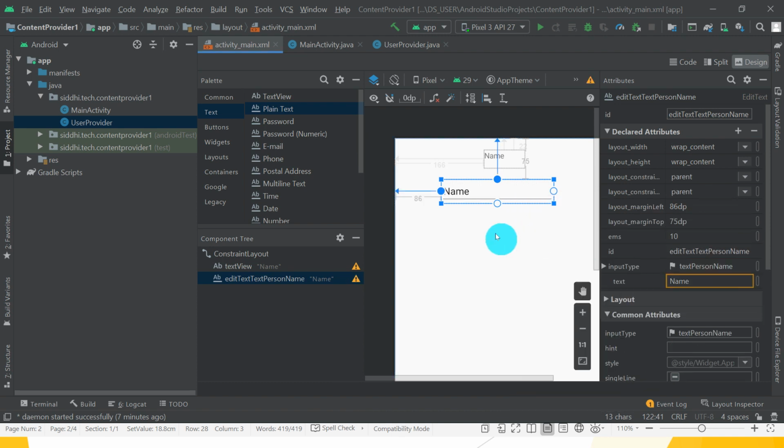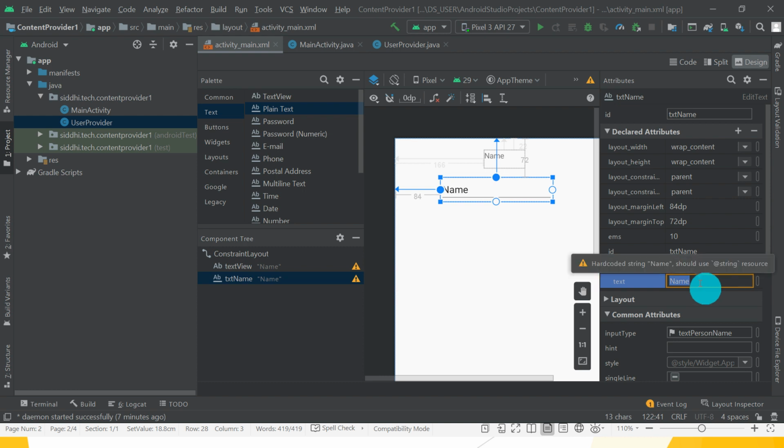We want to insert the names here in the name text field. So give the text field the ID txtName. Then remove the text from your text attribute.